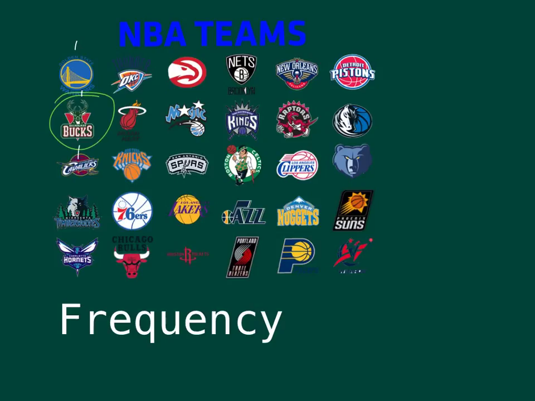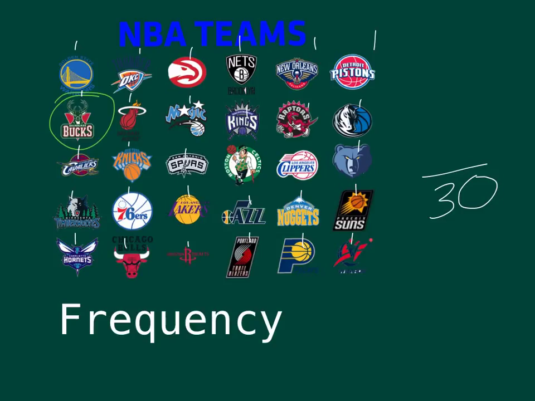1, 2, 3, 4, 5, 6, 7, 8, 9, 10, 11, 12, 13, 14, 15, 16, 17, 18, 19, 20, 21, 22, 23, 24, 25, 26, 27, 28, 29, 30. So that we know that how we're going to measure our frequency is out of 30. And that's going to look like a fraction, because it is going to be a fraction. A certain fraction out of the 30 teams is going to have animals as their name, and that'll be our